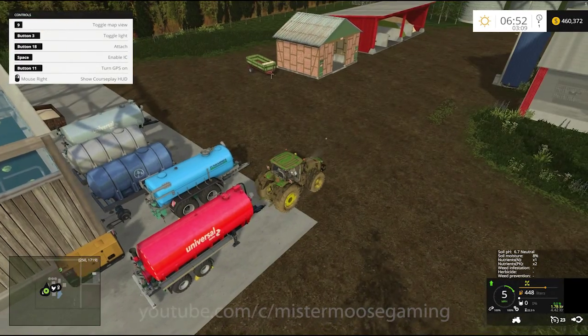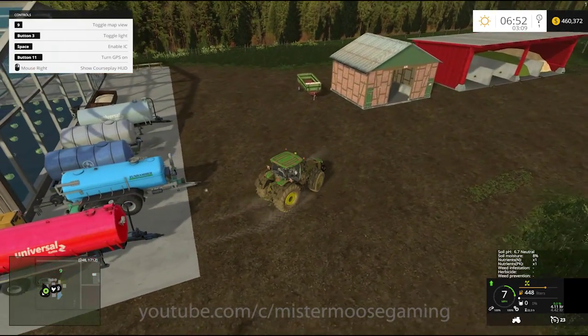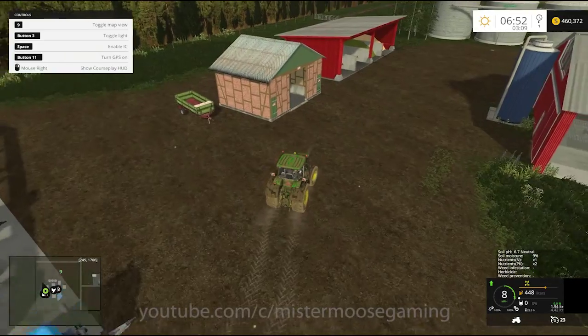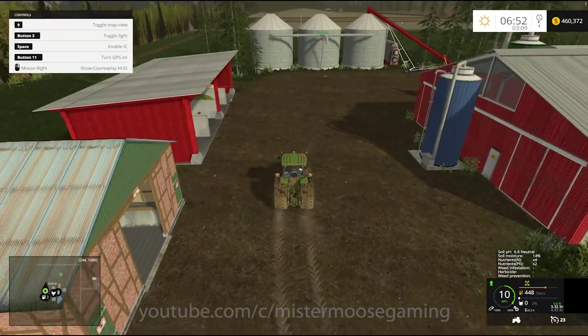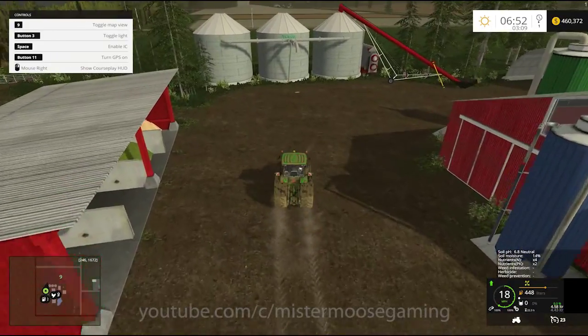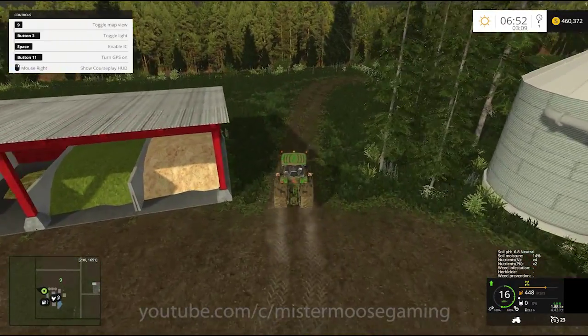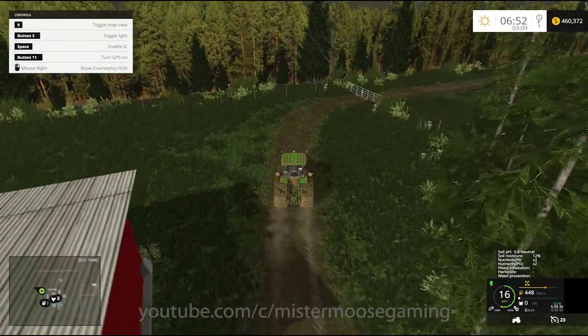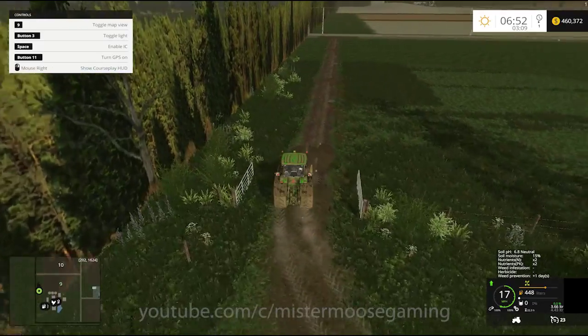Alright, so we are done here for now. We will go ahead and leave this particular site. Everything should be good on this end of the farm. And we will go start taking a look at fields and see where we're at with all of our different fields. Now, let's see. We had this grass field we need to take a look at